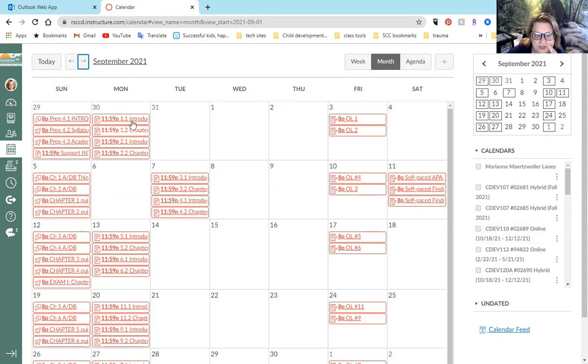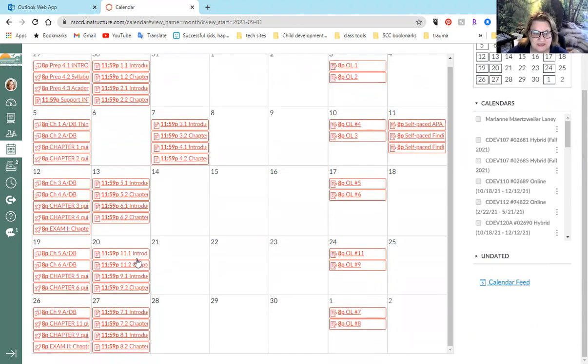The red is going to be all you. Every Monday it's going to be the intros, and every Friday is going to be the outlines. The reason this one got pushed over is that this is Labor Day. I can open the module on that Monday or Sunday. It's up to you, but it is a holiday, so take the day. Otherwise it's going to look the same: your Sundays, your Mondays, and your outlines.